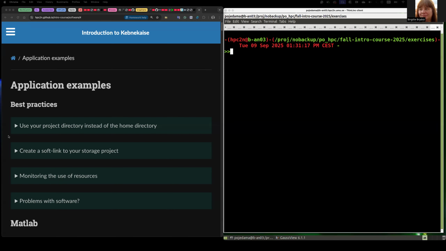Can you see a web browser in a terminal? Yes. Okay, so